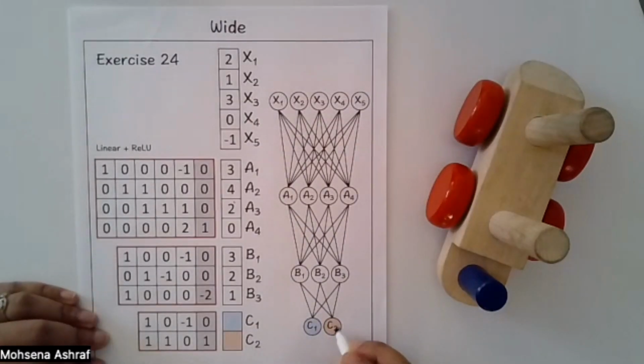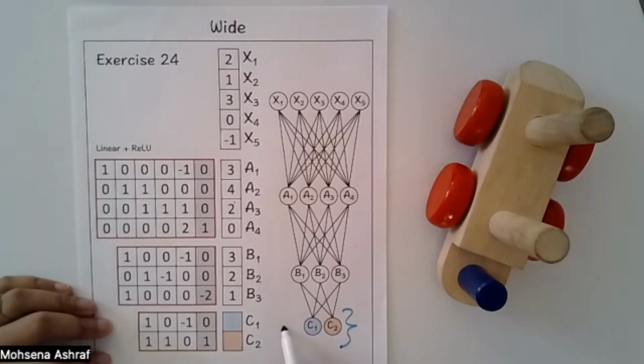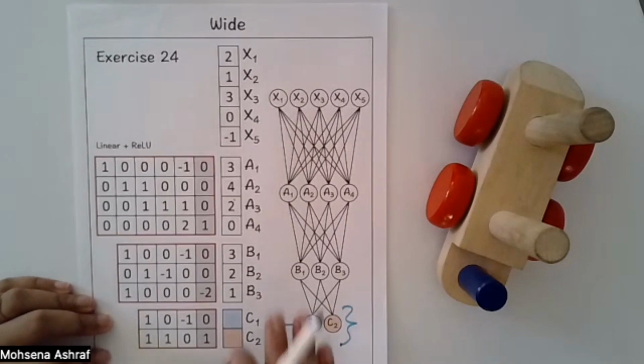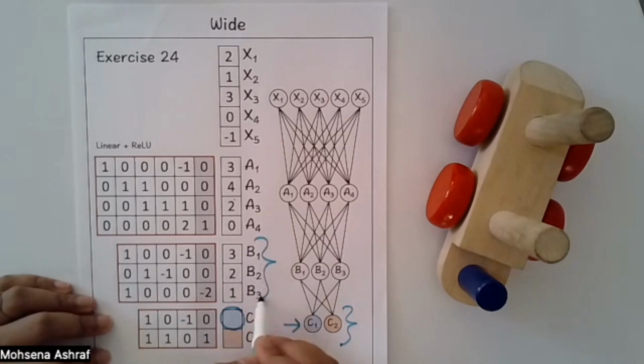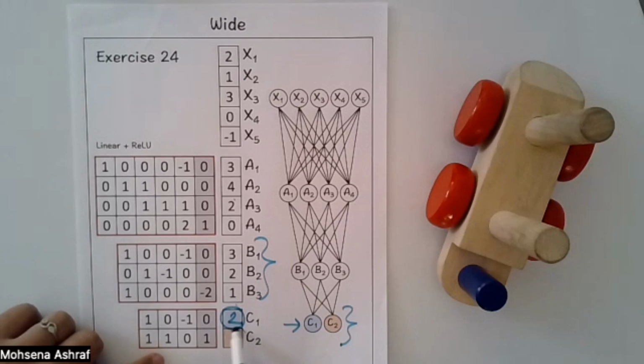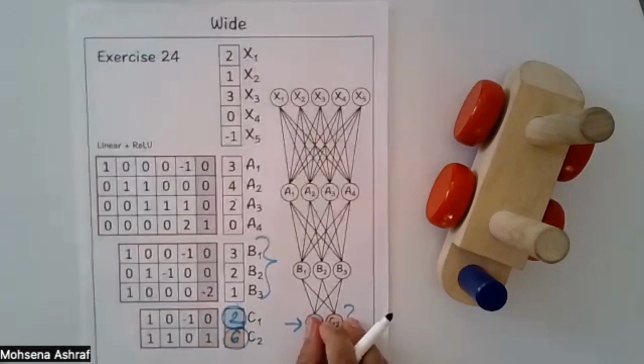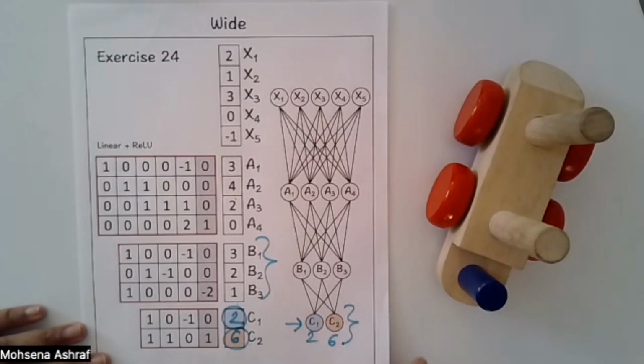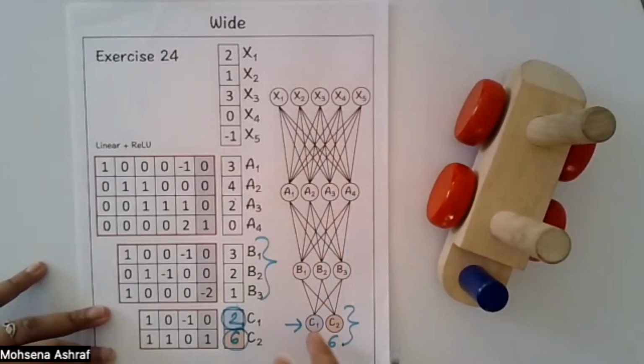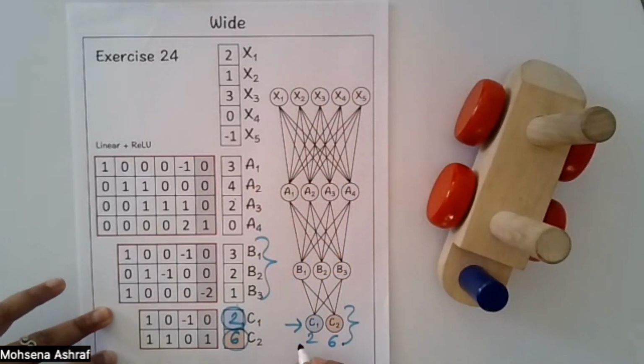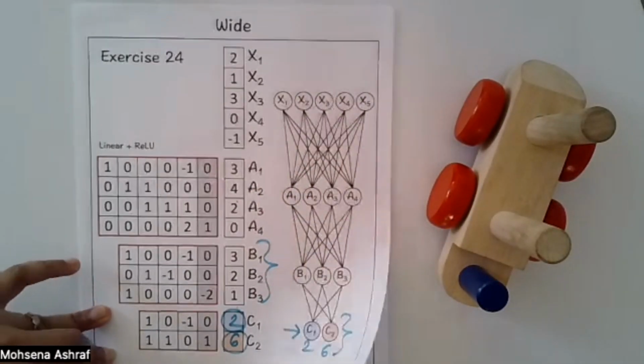Next exercise, we are adding one more layer at the last layer. So C1 is the least wide in this network. So for this value of C1, we have to multiply this 3. So 3 into 1 plus 1 into minus 1 will give us 2 here. And then for the value of C2, 3 into 1 plus 2 into 1 will give us 5, and adding the bias will give us 6. So C1 will be 2 and C2 will be 6. We did not get any negative values, so we just put the values as it is. And you can see that this network is getting more deep, but in each layer, it is getting less wide.